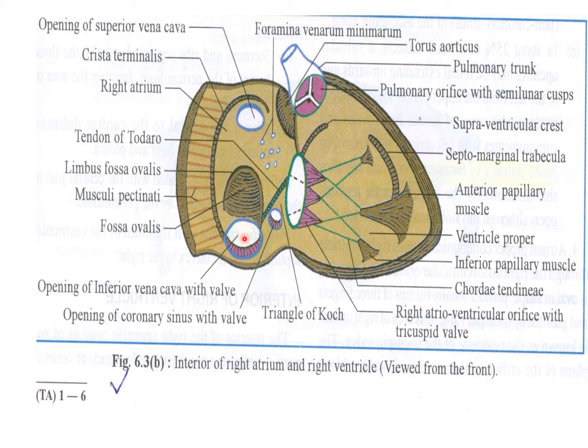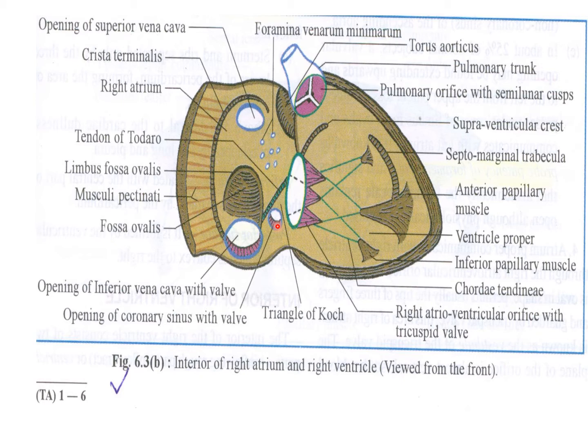Now the opening of the coronary sinus. This is a small opening. Where is the opening of the coronary sinus? Between the inferior vena cava and the right atrioventricular orifice. So this is the inferior vena cava. The opening of the coronary sinus comes between the tricuspid, the atrioventricular orifice, and this. In the lower part of the interatrial septum, the opening is guarded at its lower margin by the incomplete semilunar valve known as the Thebesian valve.